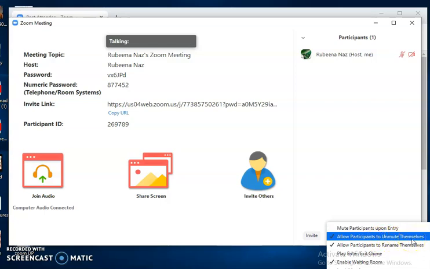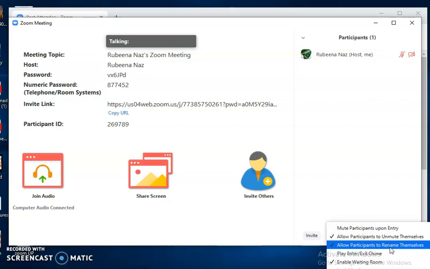Yes, I have allowed them to mute or unmute by themselves. Second, allow participants to rename themselves. Sometimes my name has been given over here and I want to change it, or some students use gadget names, so it's necessary to inform them to change their names.